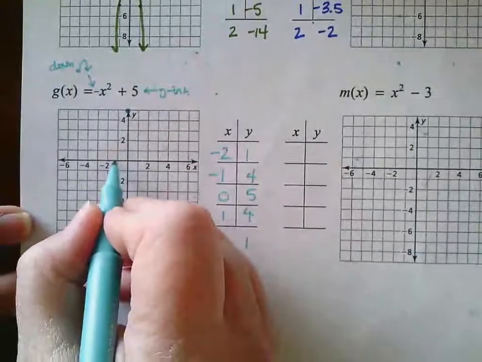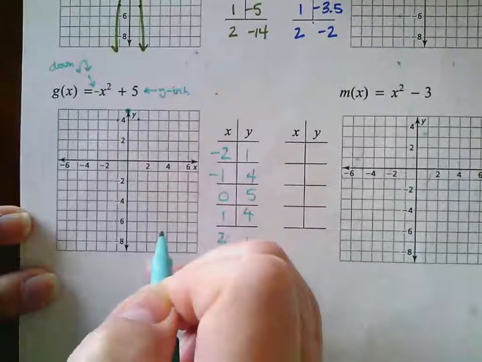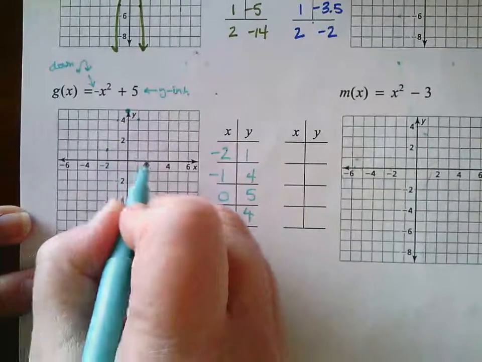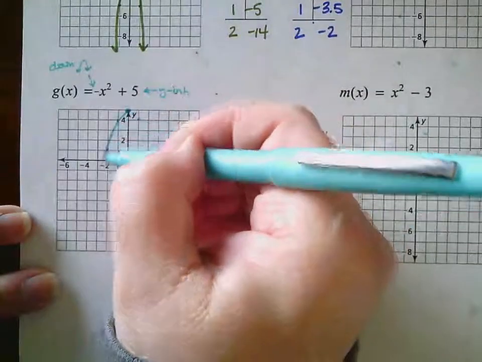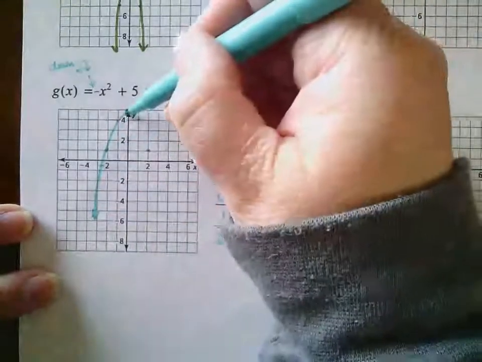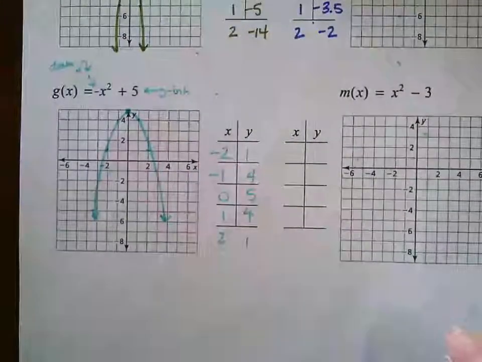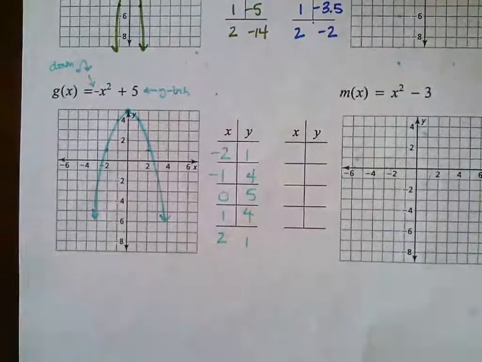Negative 1, 4, 1, 4, and negative 2, 1, and 2, 1. And then you get from there a pretty good idea what your graph's going to look like. Again, we're sketching graphs here. I'm not trying to be super exact, but I want you to get an idea how these are done. So this last one,